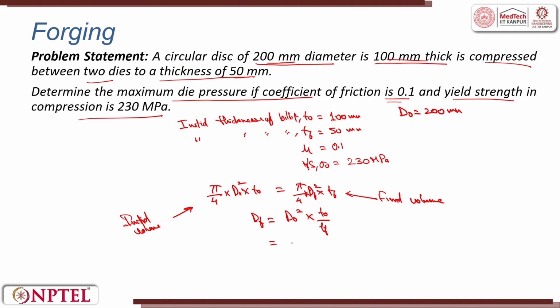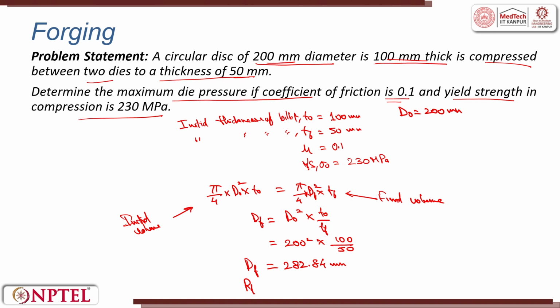This is equal to 200 square into 100 by 50, which is equal to 282.84 millimeters. This is the final diameter DF,